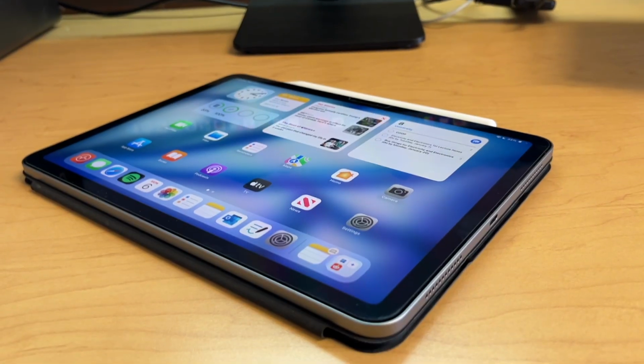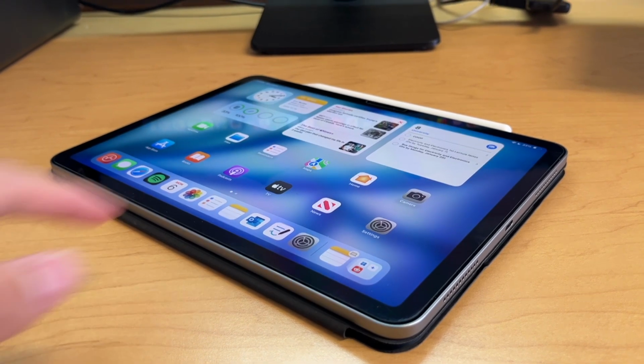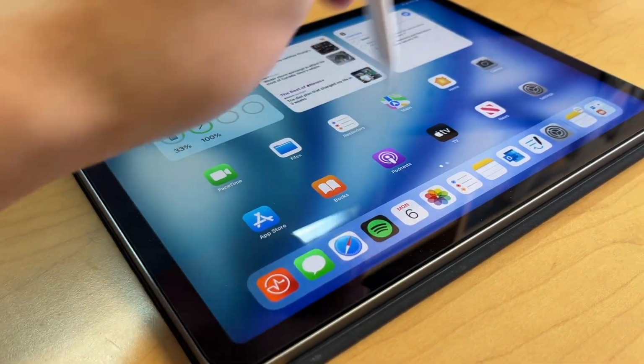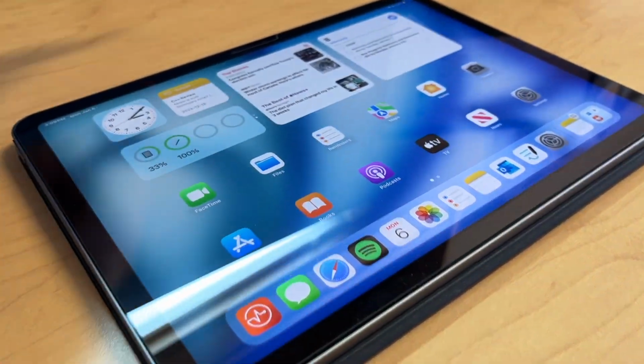The laminated display is really nice compared to the base model iPads like the 9th gen and the 10th gen. For those of you unfamiliar with the term, basically an unlaminated display has the actual screen and the glass separated, so there's an air gap, while a laminated display has the screen and the glass as one piece. So there's no air gap, and generally, laminated displays are considered nicer because, for example, when you're writing with the Apple Pencil, it doesn't make that thocking sound like it would on an unlaminated display, which has that big